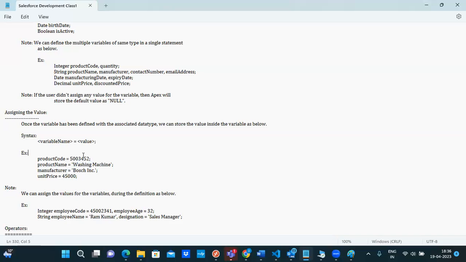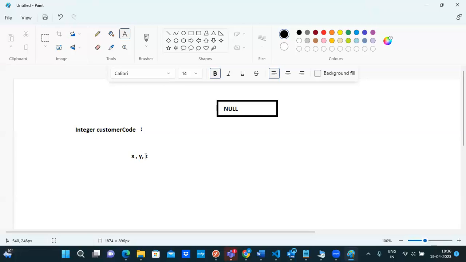So yeah. And so as soon as I assign a value to this customer code, what is going to happen is this particular null value is going to be replaced, and my actual customer code is going to be stored like 3000123, something like that. Okay, so the null value is getting replaced,